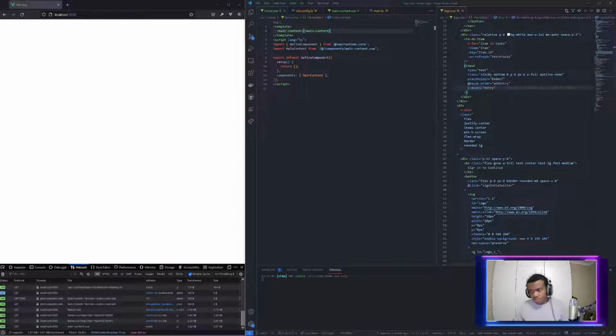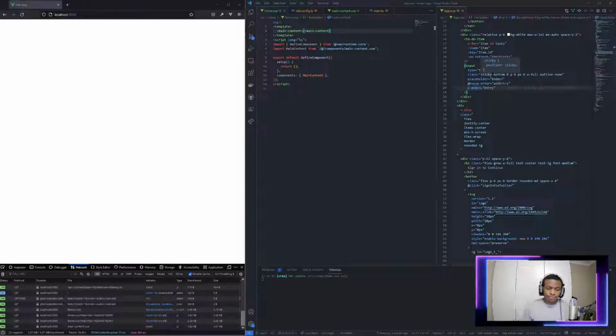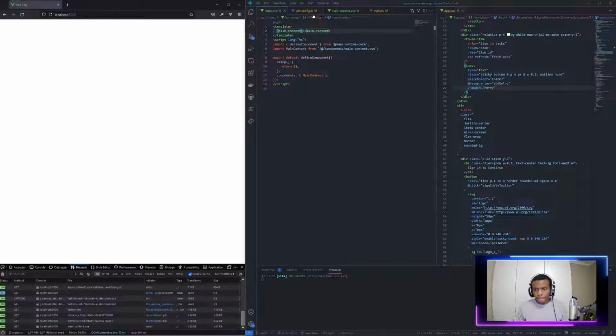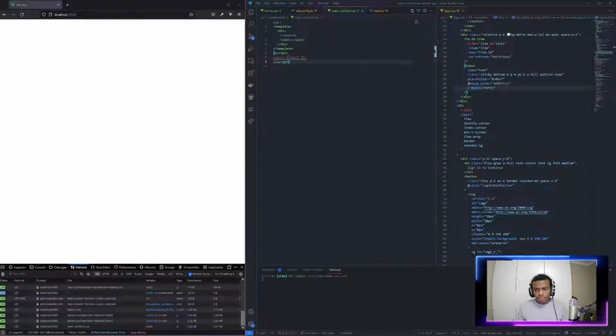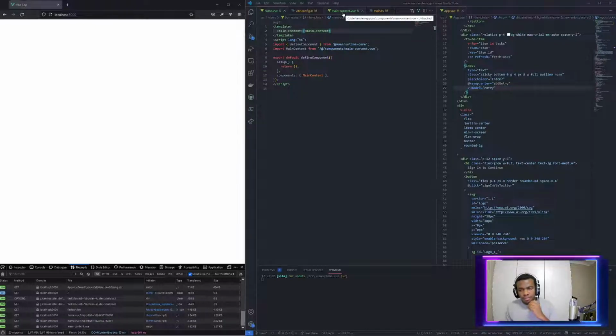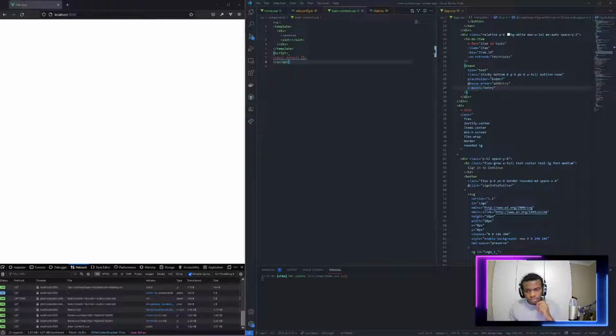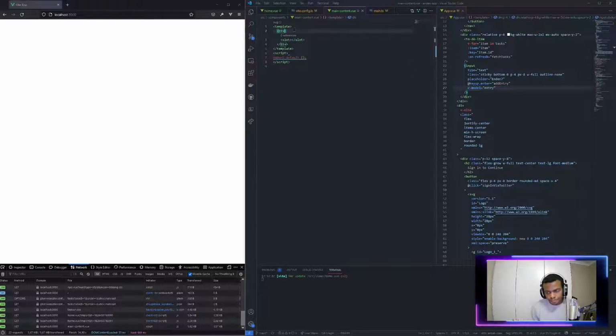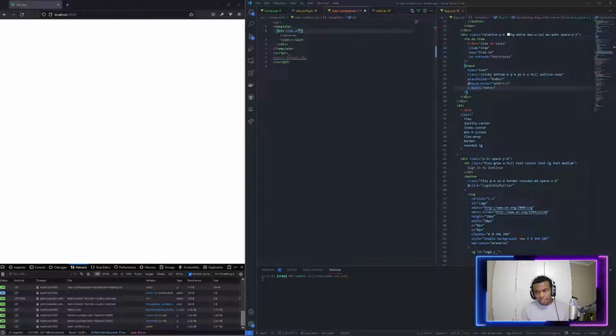To-do item or the input. Now I want to split this into two sections. The first section being, right now I'm conflicted. The main content should be, oh yeah, I'll do it here. A flex container flexing by column,